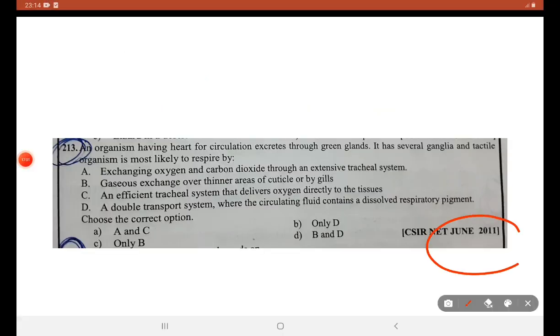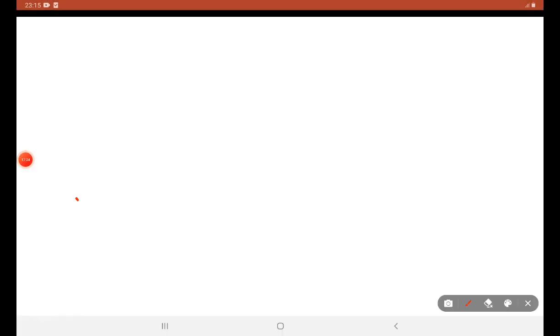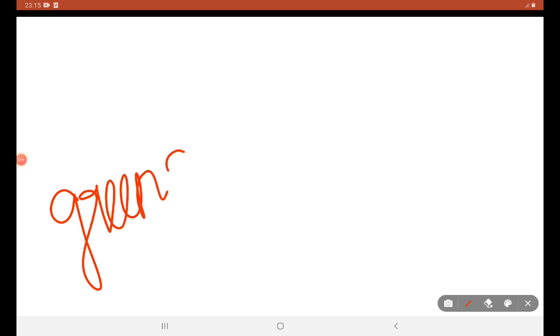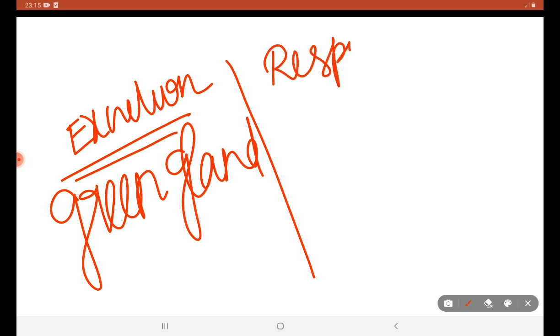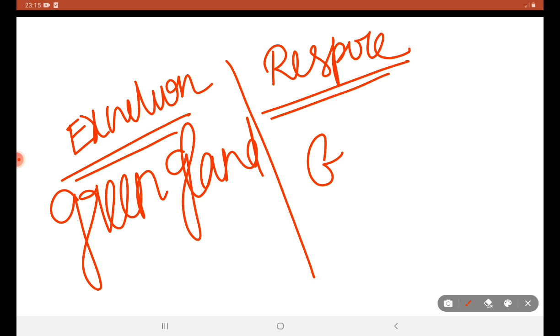Next question from June 2011. Organisms having a heart for circulation, excreting through green gland, having several ganglia, a tactile organism, and it most likely respires by? How do they respire? These organisms that have green gland excretion respire by gills,